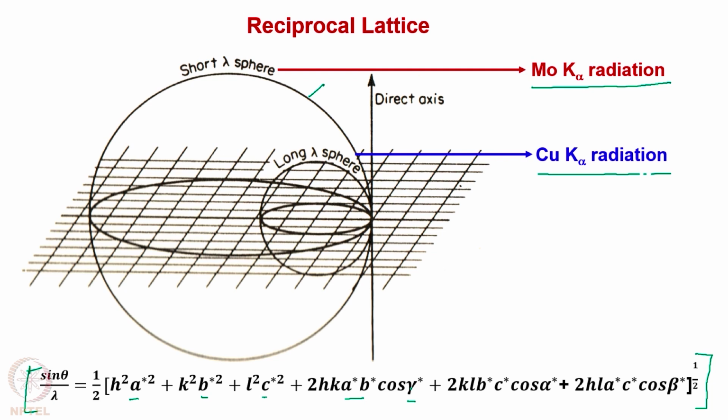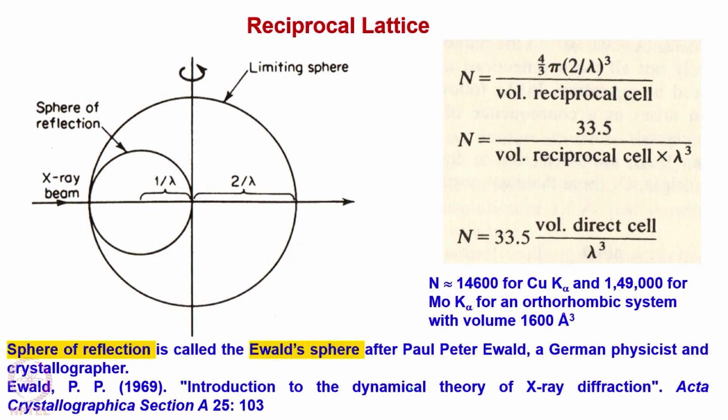So this expression is one of the most important expressions in the theory of X-ray diffraction, a representation of Bragg's law in terms of reciprocal lattice constants. So now if we consider the sphere with radius 1 by lambda as shown here,